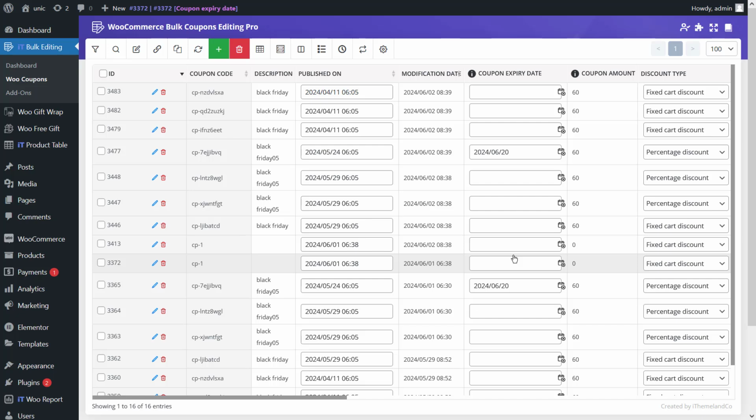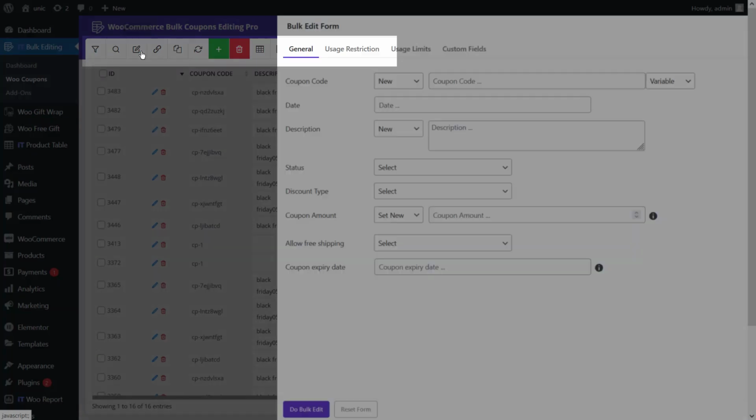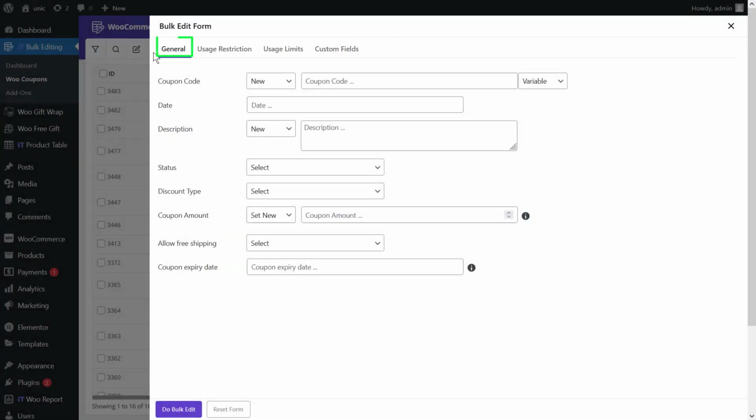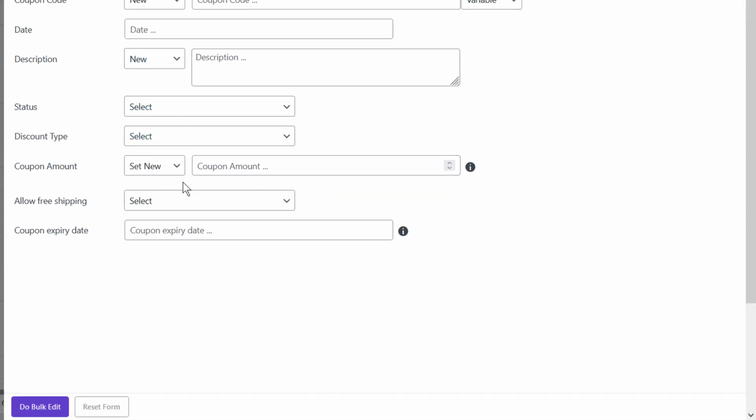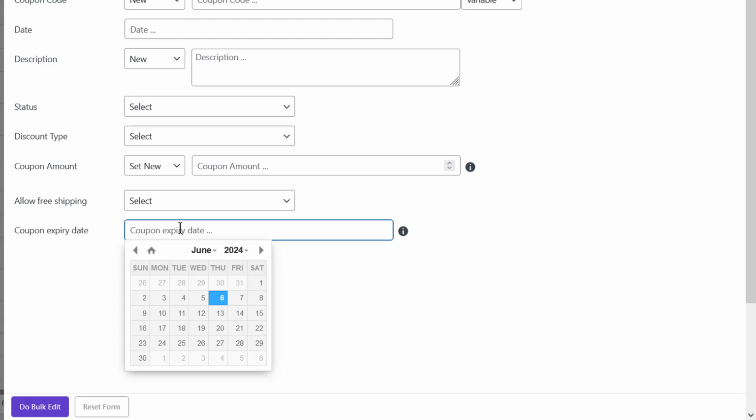To change the multi-coupon expiry date, you can use one of the methods in our plugin, which are the bulk edit form and bind edit. To use the bulk edit form, after you filter your coupons, you need to open bulk edit form from the main page, then go to General tab and scroll down to find coupon expiry dates field